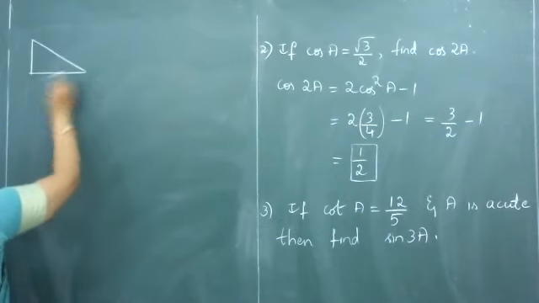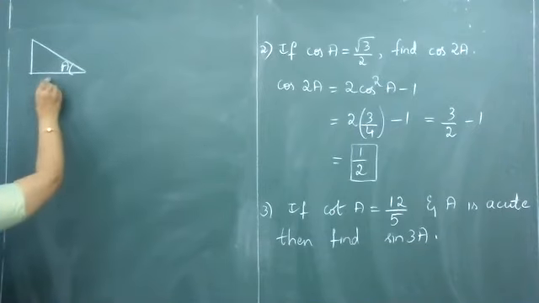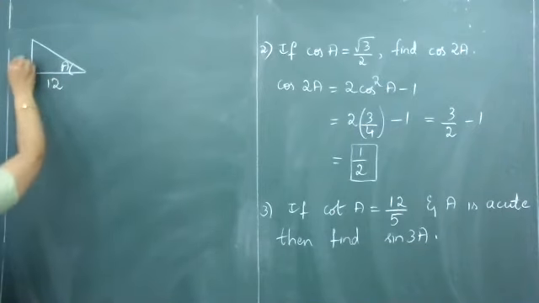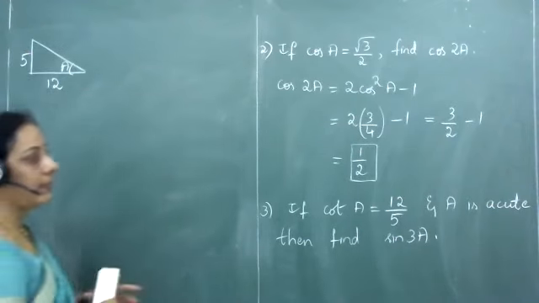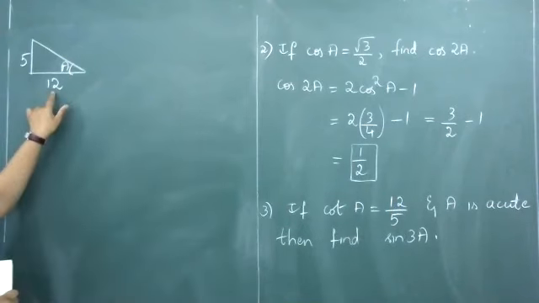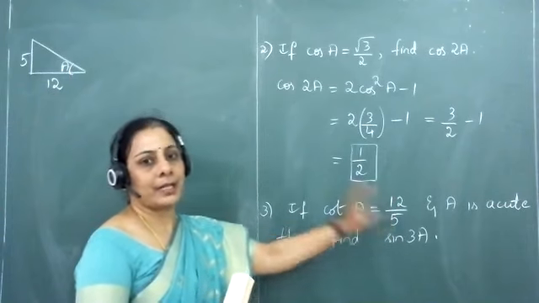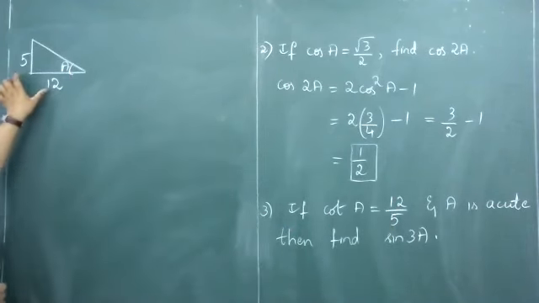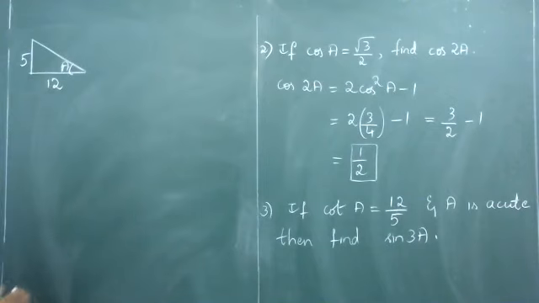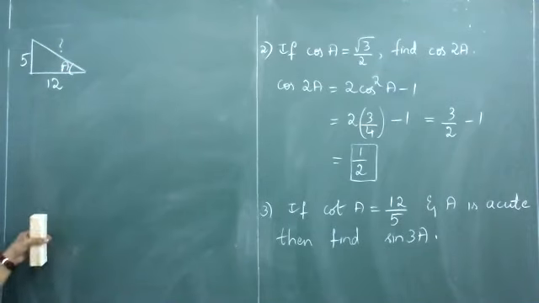Solution to the question. We have an angle A. Cotangent of an angle in any right angle triangle is defined to be the adjacent side divided by the opposite side. So you have the adjacent side of angle A equal to 12 here, and the opposite side of angle A in the same right angle triangle equal to 5, which we can see here in the diagram. And so what happens to the remaining side? That will be the hypotenuse.